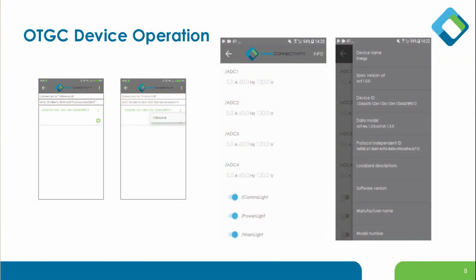Once the OCF device has been onboarded into the OTGC, or we used to use the term has been owned by the OTGC, then the device is ready for normal operations. So we can access the other side of the application. The application, as its own name says, is onboarding tool and generic client. So in this part, the icon changes, and with this green wheel icon, we can enter in